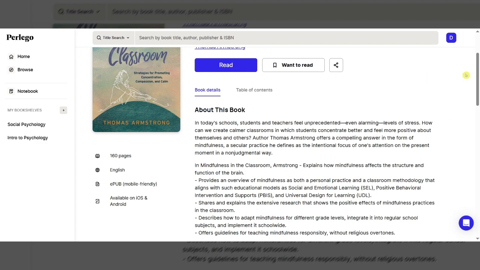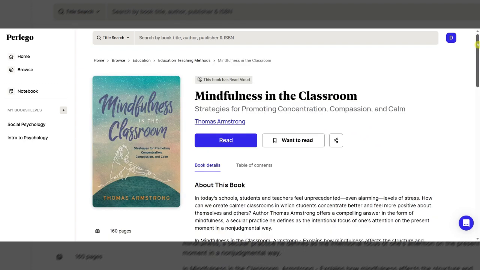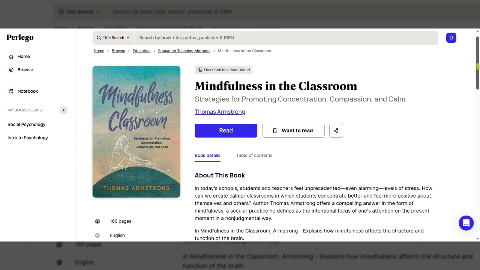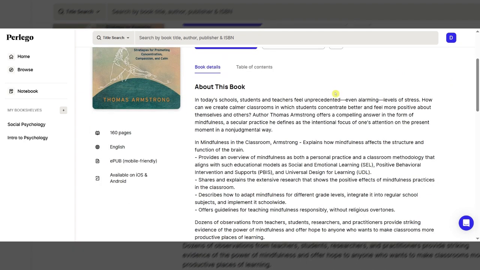One thing just to point out before we click into a book and start looking around is that some books may be either PDF or EPUB in terms of format. So to check this, if you click on a book and scroll down, you can see on the left hand side, one of the things listed under the book cover is EPUB mobile friendly. So EPUB is just a more flexible format, and a lot of the accessibility features we look at now may not be available if a book is only available as PDF.